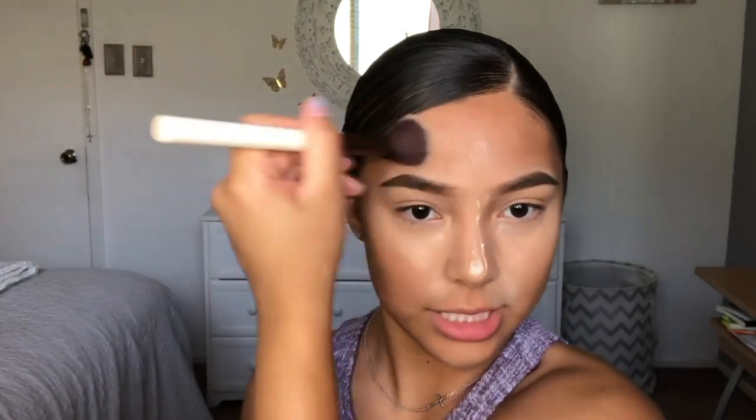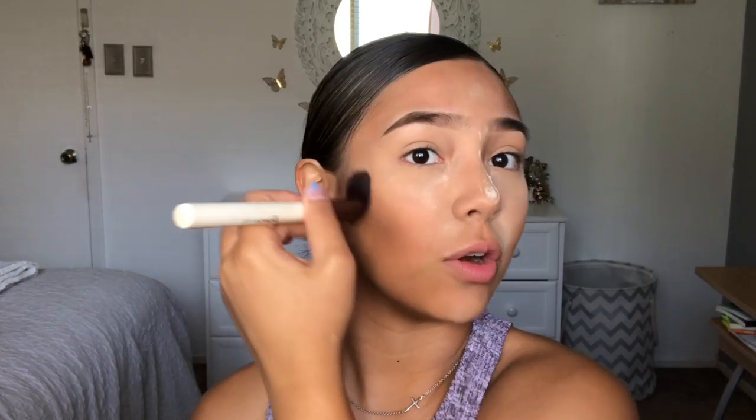Then whatever's left on this brush, I'm gonna go ahead and bring it to my forehead and bronze that up a little bit, but not too much because you don't want an orange forehead. You want it to match and flow seamlessly as if you woke up like that. Then I'm gonna go in with some more bronzer, and I'm gonna grip it like this, and go to the bridge of my nose and just do a little